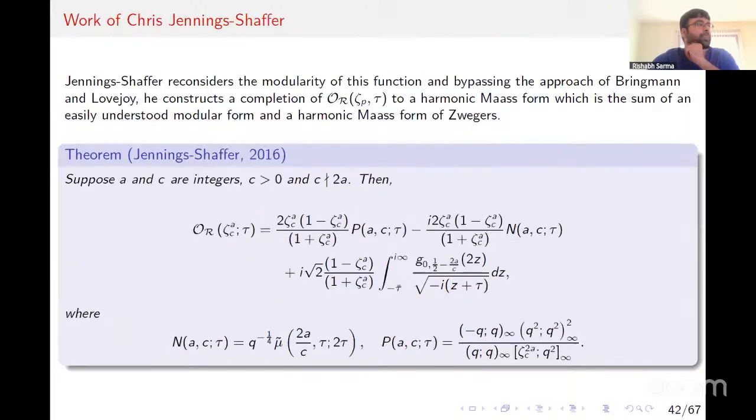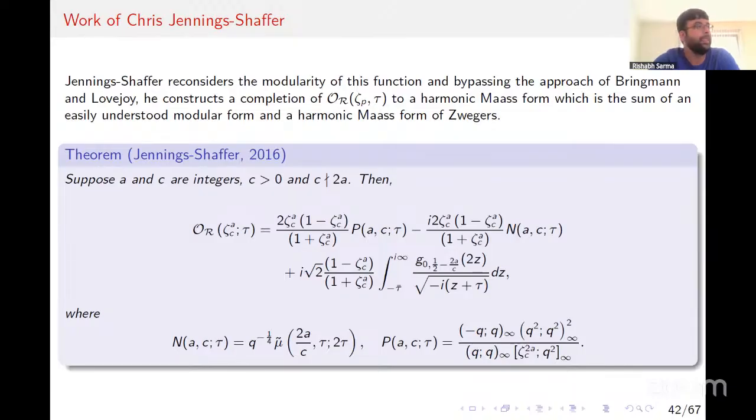Years later, Chris Jennings-Schaefer, a student of Frank Garvan, reconsiders the modularity of this function, and bypassing the approach of Bringmann and Lovejoy, he constructs the completion of the overpartition rank function to a harmonic Maass form, which is the sum of an easily understood modular form, which is right here. The P function, which I have defined right here, is the nice